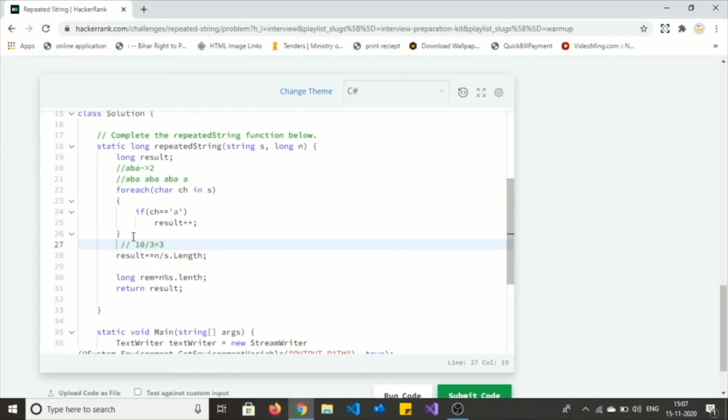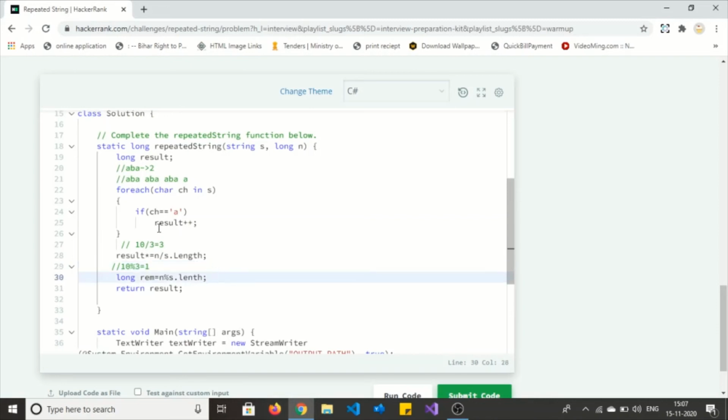Yes, this line will return 3, so I'm updating the result by multiplying by 3. Now we have to concatenate the string 3 times, but after concatenating 3 times, the length of the string will be only 9. One character remains. So 10 mod 3 is equal to 1.